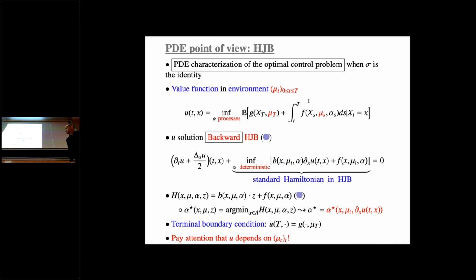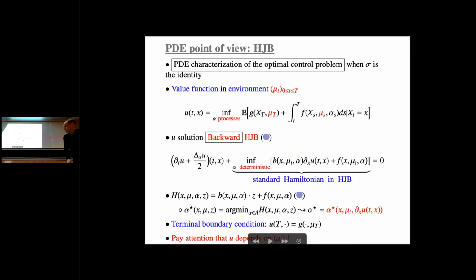So this is the shape of the equation. Here I simplified the analysis a little bit. I said that sigma is the identity, so the volatility is 1, or is the identity if you prefer. This is to simplify. For sure, I could generalize, but the spirit would be absolutely the same. The equations would certainly be much more difficult to solve, but there would be no change in the general philosophy of the problem. And so the shape of this HJB equation is as follows.